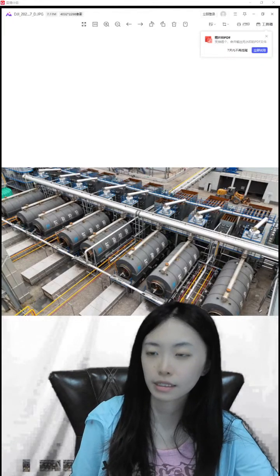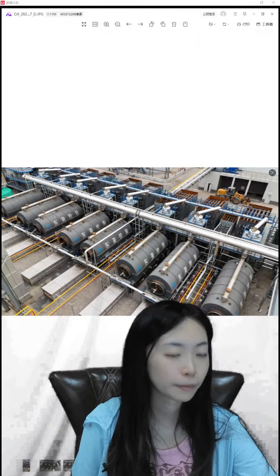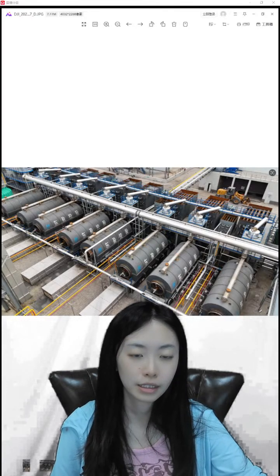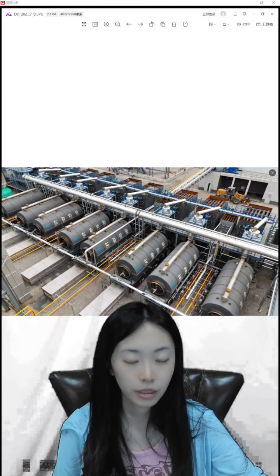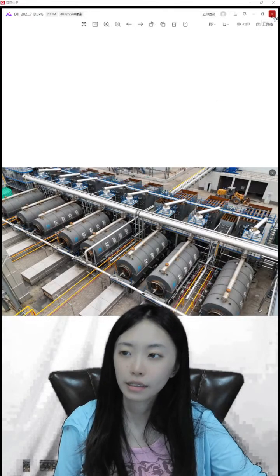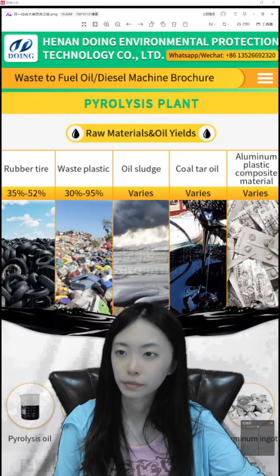You can see this customer's raw material is coal tar sludge. So its products are the fuel oil, the coal powder and the rubber powder. They use a water tank, and it shows the batch type pyrolysis plant. Okay,